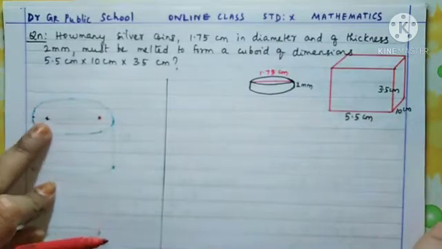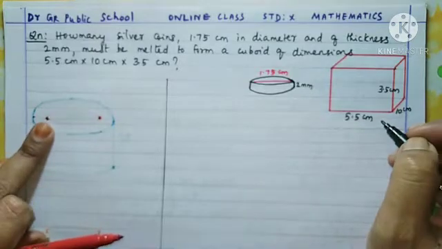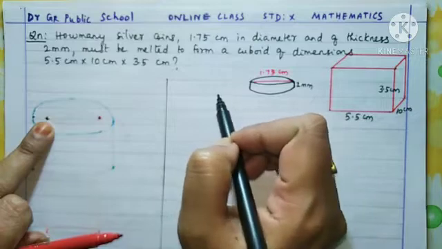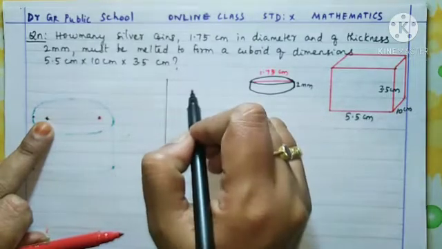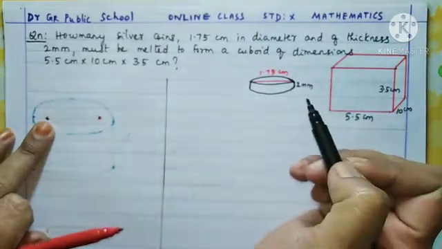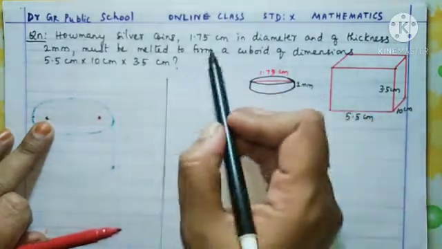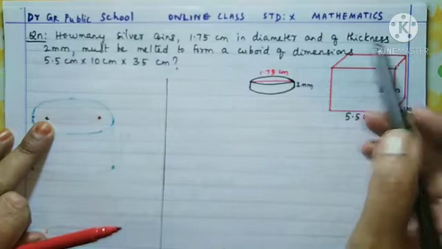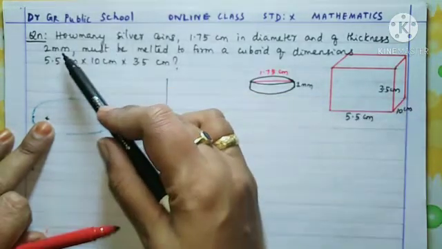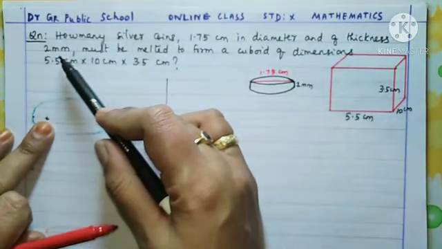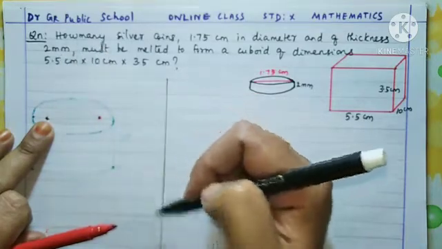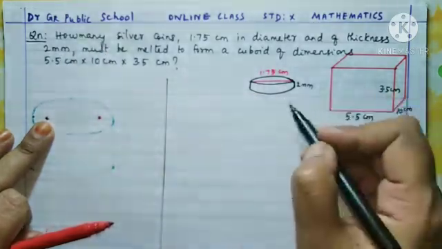And one more thing, children, whenever you do this type of problem, you want to read the question very carefully and you want to confirm yourselves that all the units given are the same or not. Here you see all the units are in centimeters except this thickness. Thickness is given in 2 millimeter. So you want to carefully convert this millimeter into centimeter when you do the calculation. Okay. So this is our problem.